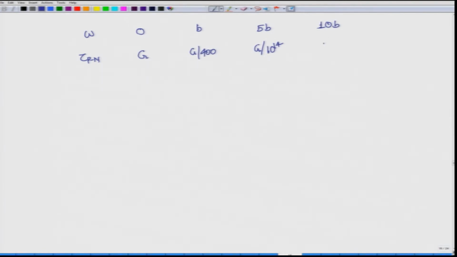And it goes without saying that when you go to 10 b, it will become even smaller. So, which one will move easier? Obviously, this one. It will be much easier to move this one, because the peak or the highest resistance in this particular case is much smaller. So, much easier to move. And this one is much difficult to move. So, the peak is very large here and the peak is very small here.